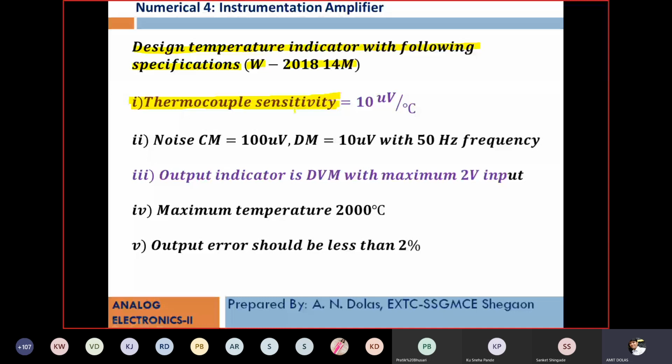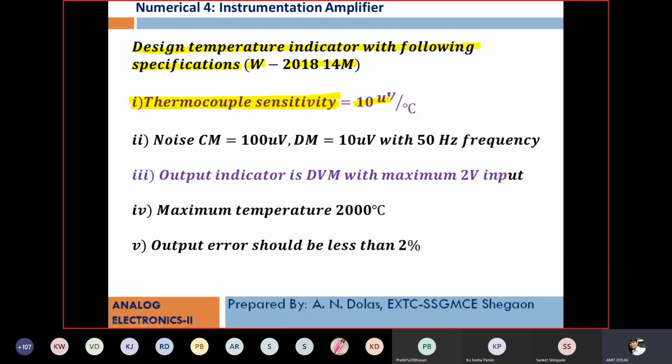Otherwise, what is the confusion? I have seen certain papers where you put the thermocouple into the bridge. Okay, so don't do that. If there is a passive transducer like an RTD, then you have to use a bridge amplifier. Else, sensors which provide direct voltage with respect to change in temperature or any physical quantity can be directly connected to V1 and V2 of the instrumentation amplifier.